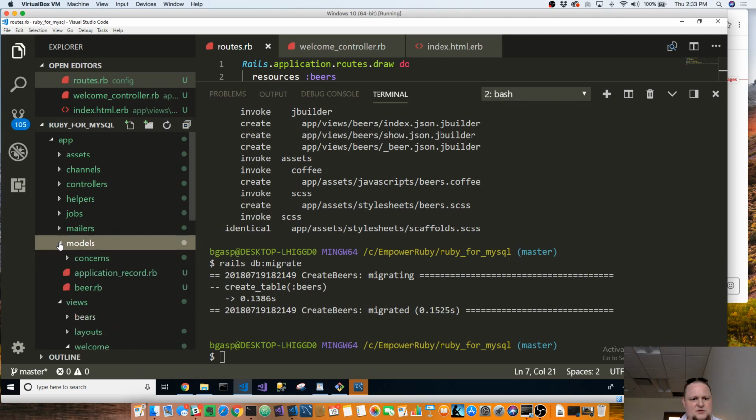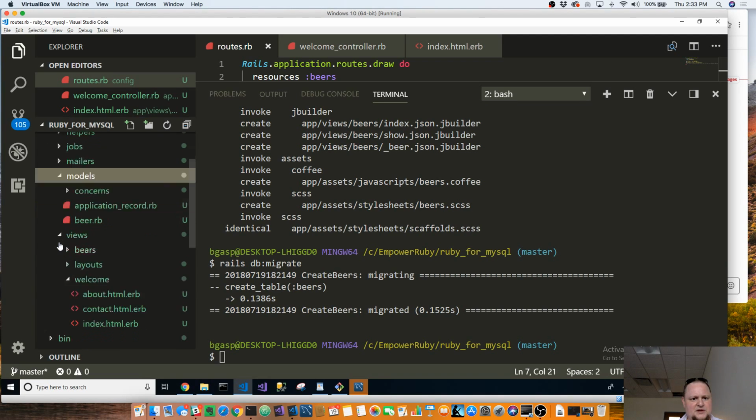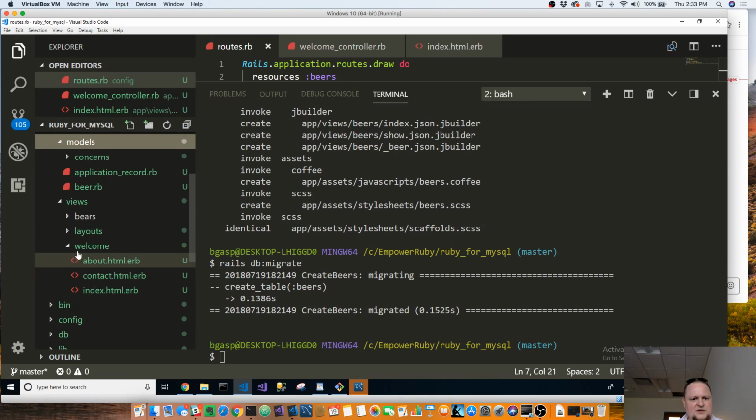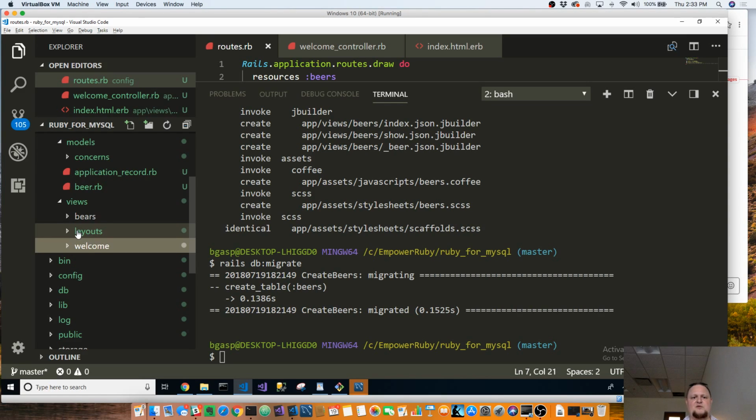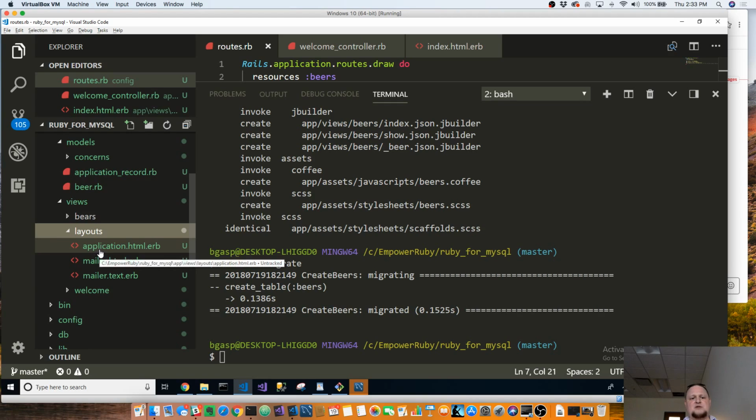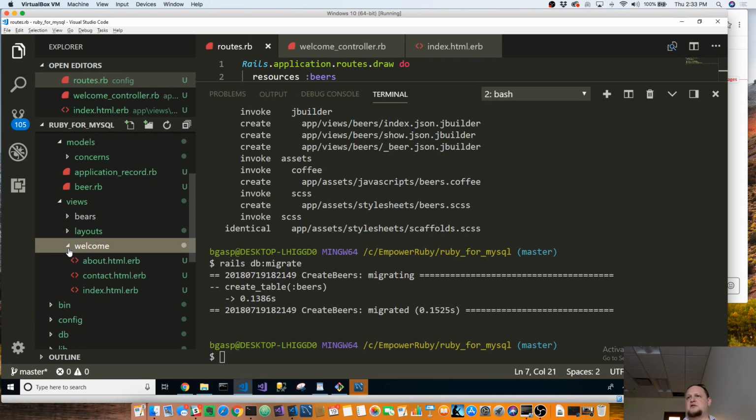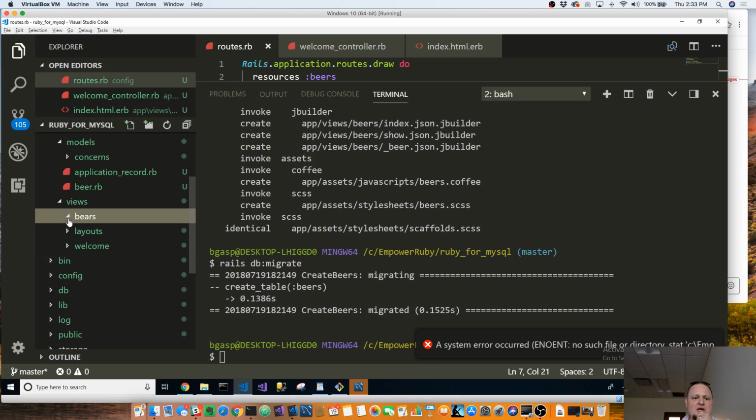There's some new stuff under models and views. We're going to go back out. First we had the layouts, which is just general stuff. Then we created those three pages with the welcome controller, and now we have